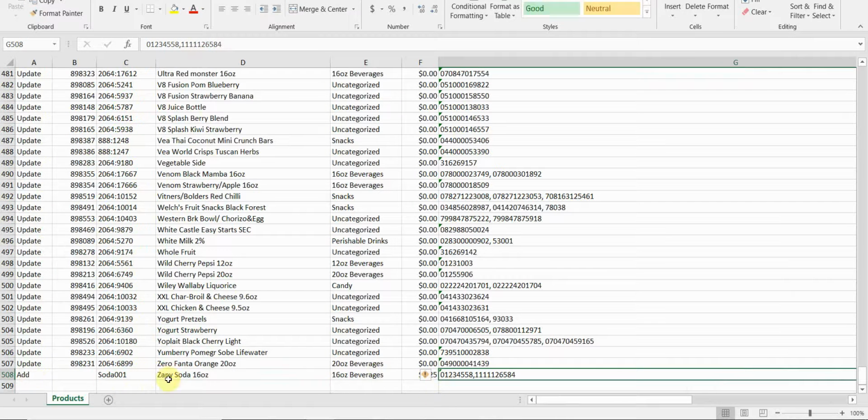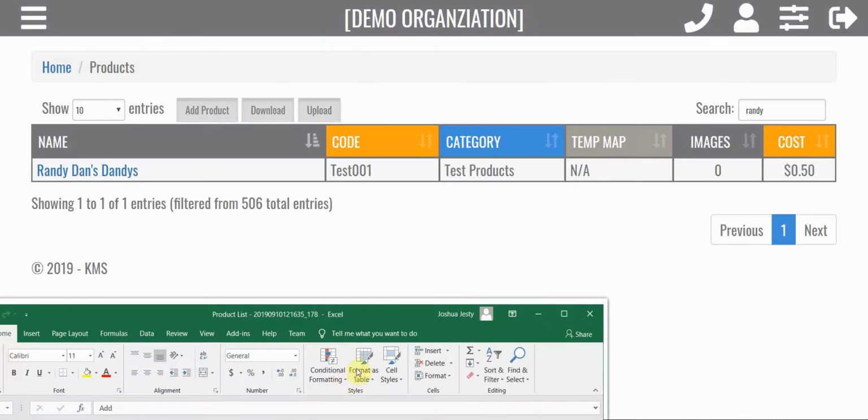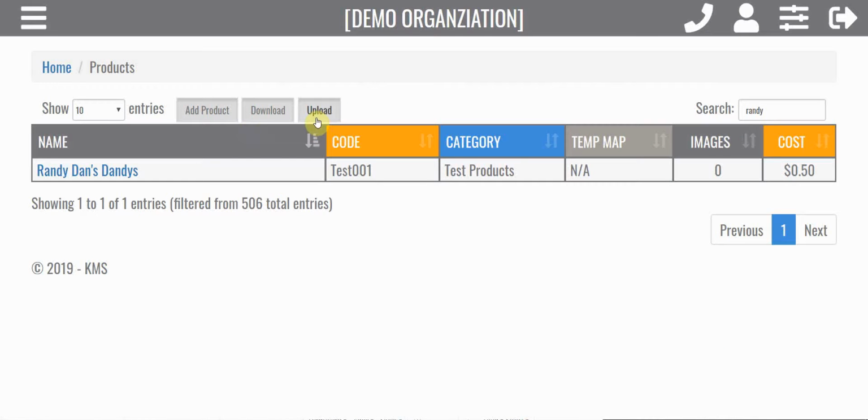When you are done, and you have all of your new products, remember they need to have the command add if they're absolutely brand new. As you can see, we're not going to do anything to any of the products that already exist. We're just going to put update even though we're not changing information. But if you have an extra barcode to add here, or you want to change the category, you can feel free to do so and leave it as update. So we'll save this